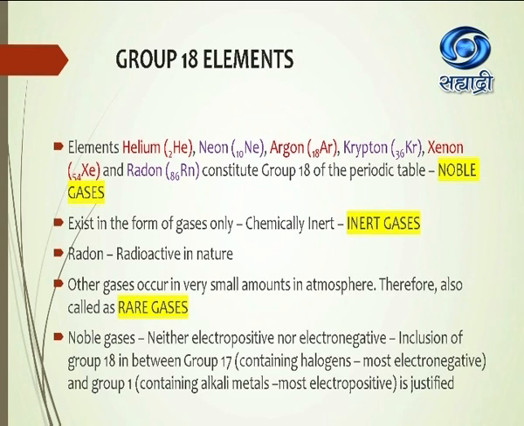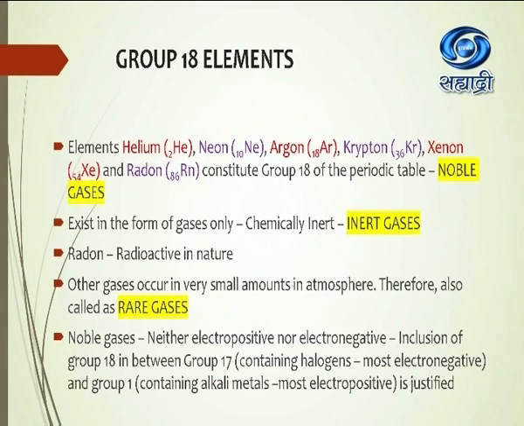So one more name, inert gases. So these elements, helium, neon, argon, krypton, xenon and radon, all these elements are gases. They are chemically inert. That means they do not take part in chemical combination and therefore called as noble gases